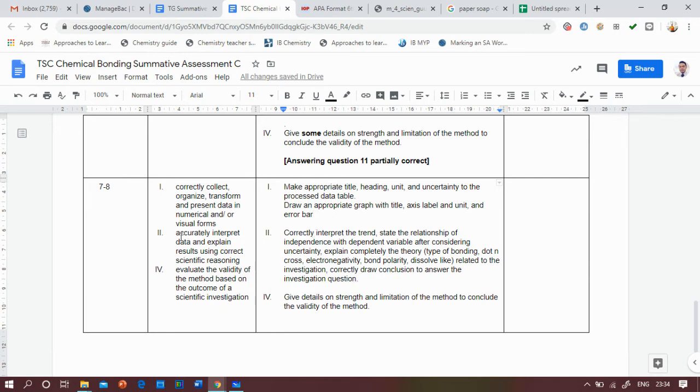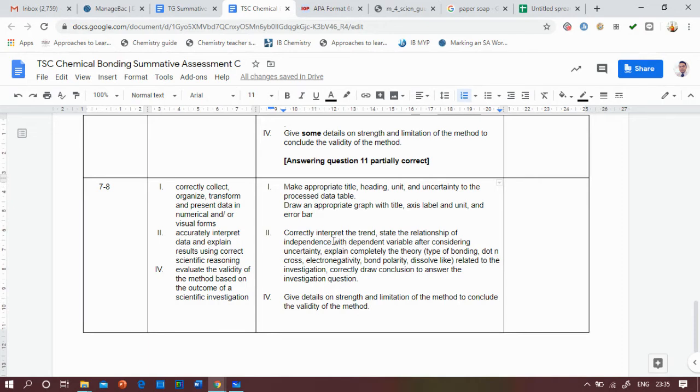The second one is accurately interpret the trend. So you interpret what the trend is. Is it decreasing or increasing as you add more glycerin to the water content? And after that, you have to state the relationship between the independent and dependent variable.